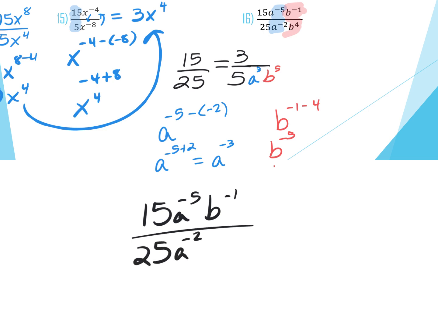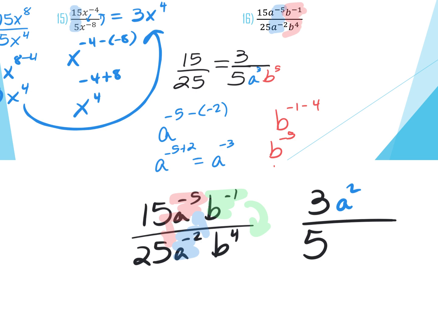So if you choose instead to move this to the bottom, this to the top to make it positive, and then this to the bottom, you're going to end up, and let me simplify the 15 over 25. So I'm going to make that 3/5. And then if I move the a squared to the top, the a to the 5th to the bottom, the negative, and then I put both the b to the 4th and then that green one in the bottom,